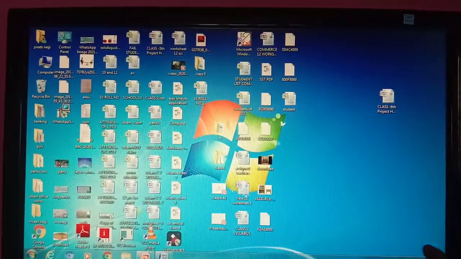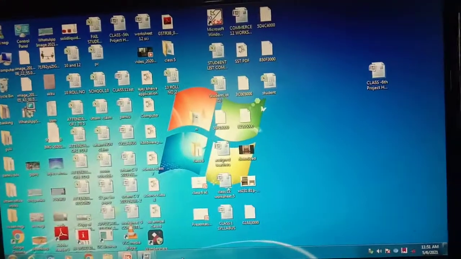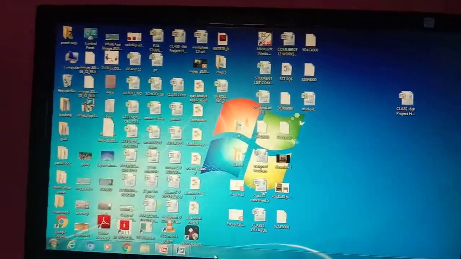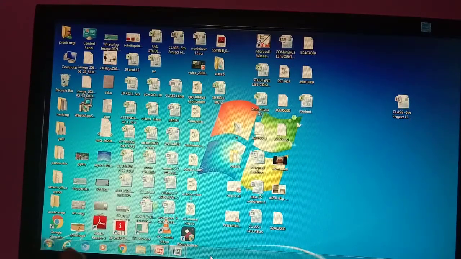Let me show you. This is called the notification area of the taskbar. And at the leftmost corner of the taskbar, the start button is present. Clear? We will learn about the taskbar more after this. Let's first learn how to open the accessories.